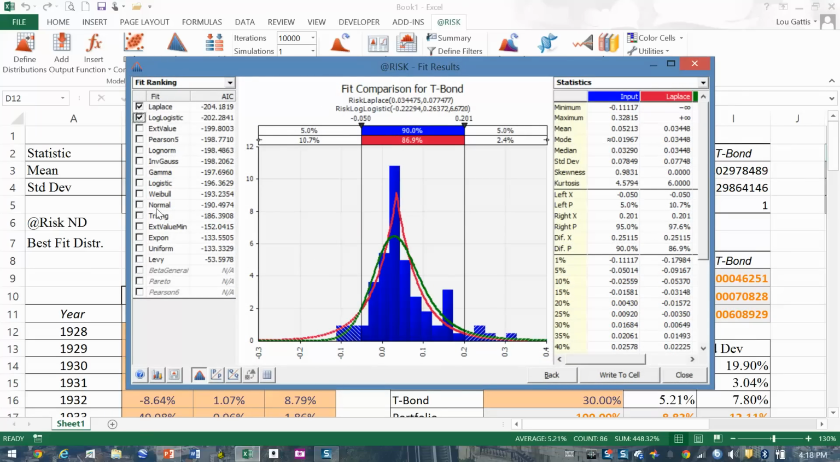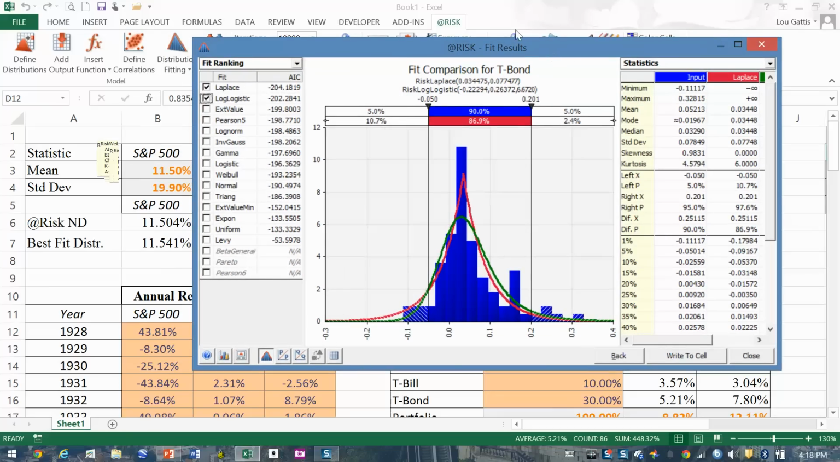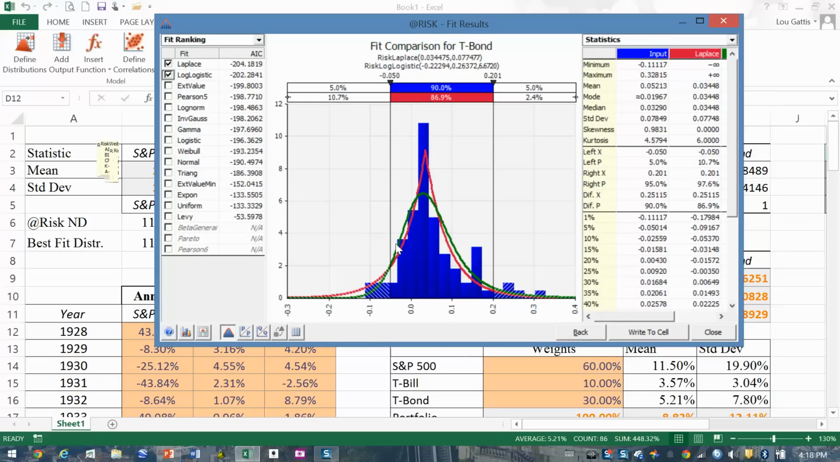Notice normal distribution isn't even in the top 5 or 8 or 9, and it's down here below all these, including the Weibull. And what we see is Laplace is the top, log logistic. So Laplace is this really peaked, pointy distribution. The second one, the log logistic, kind of looks like a normal. And if I look at the statistics on those two,